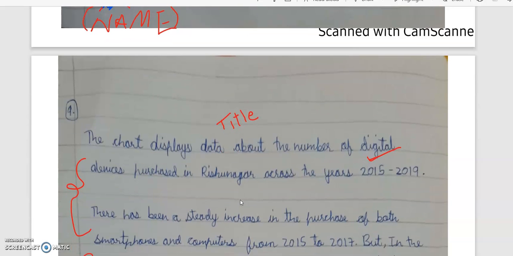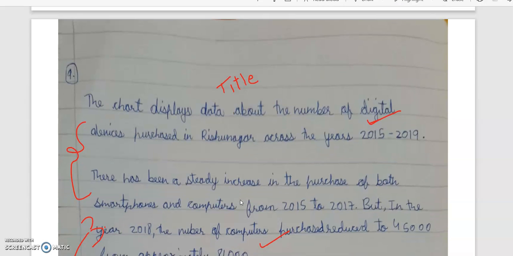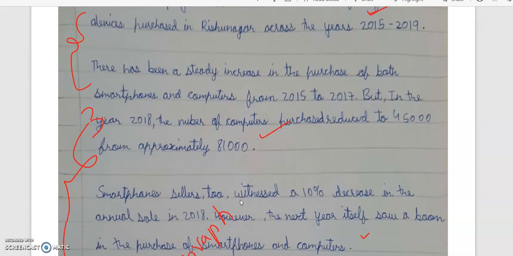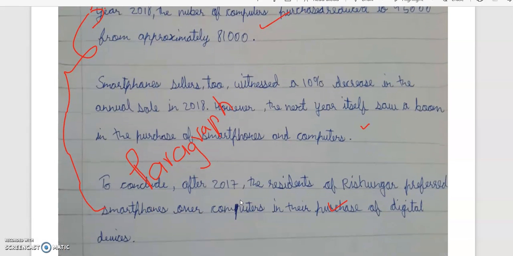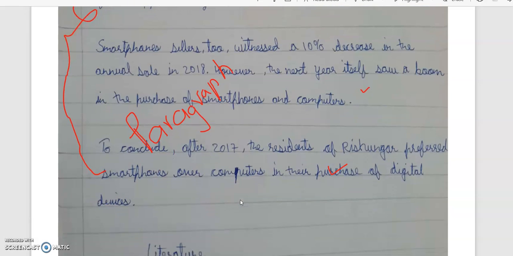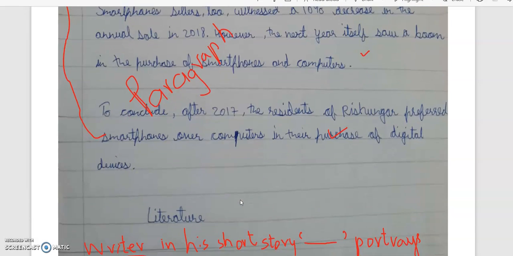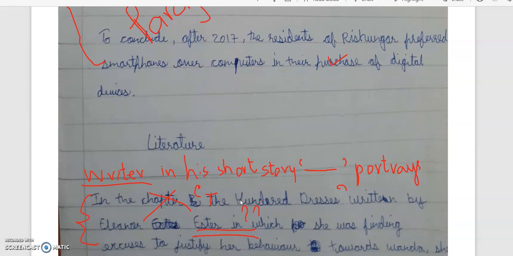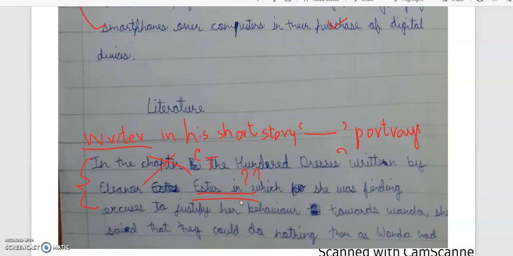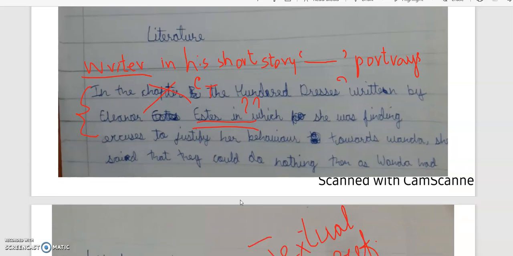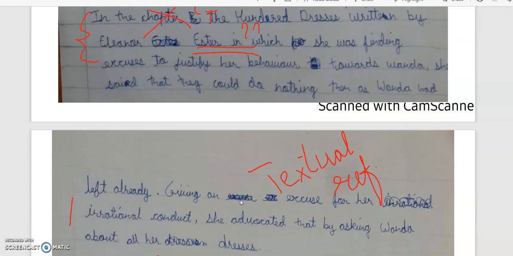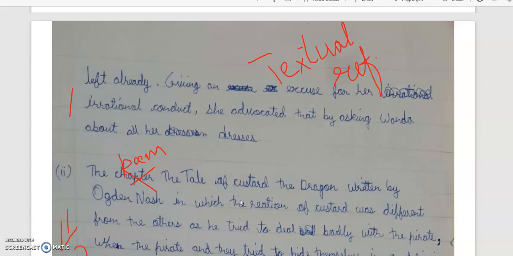Next is paragraph writing. The first regulation is that it should be one concise paragraph instead of multiple paragraphs. You can see it is more of an essay than a paragraph. It should be written together without any space in between. Give suggestions for improvement. In literature, the writer's name, the prose form, the title, and the strong verb. One such example has been written out by the examiner. Give suggestions: how can the candidate improve and overcome